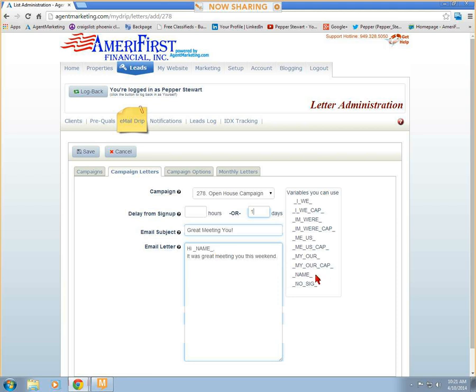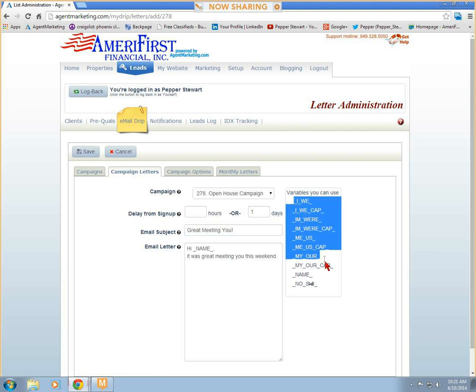The only one that I would be concerned about, like I said before, if you want their name to be in there to personalize, just put that in. I wouldn't worry about using any of these, unless I find out for some weird reason that they're useful for something. Okay, so as soon as you save it,